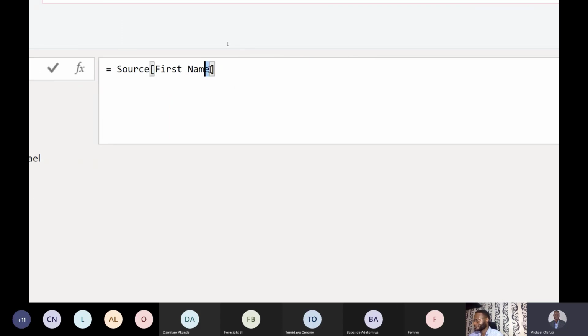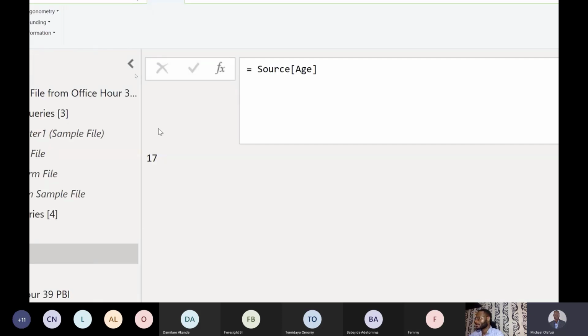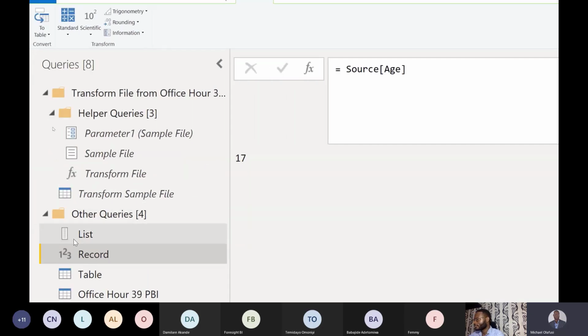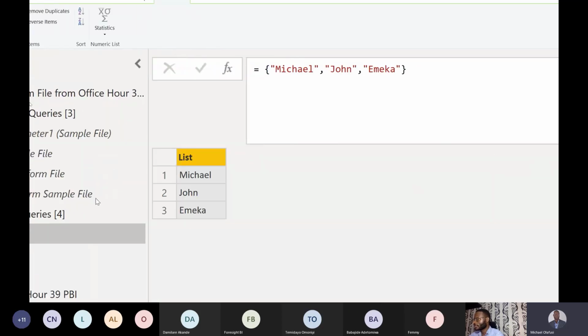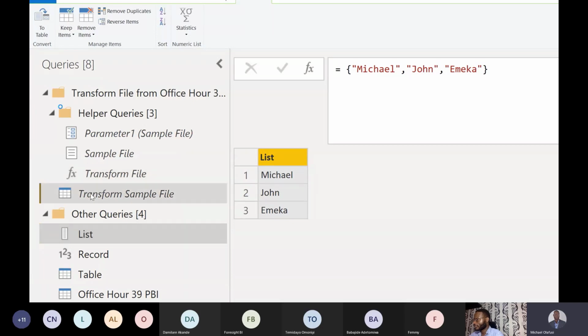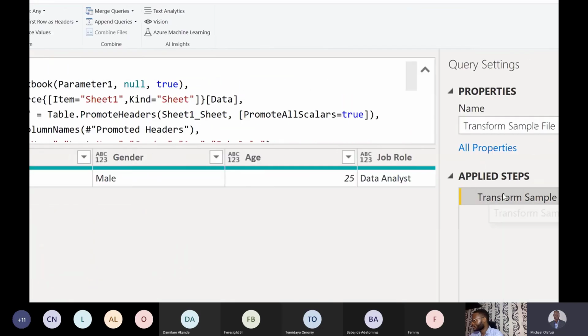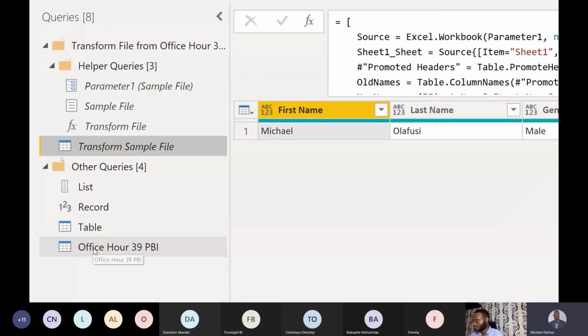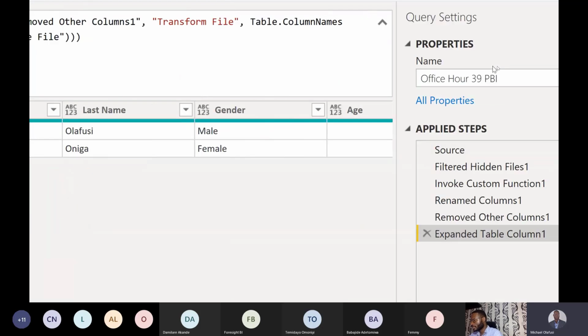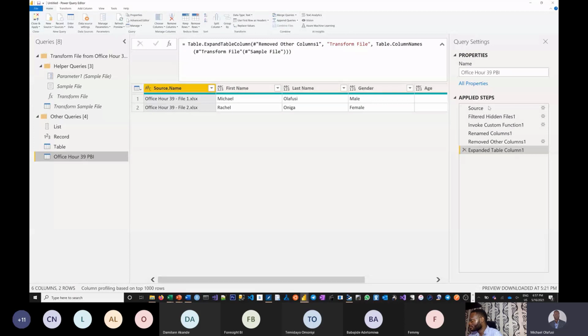So I can say I want to grab the age. Okay. But in real life, you'll be using more of lists. So you must have noticed sometimes when we say, okay, if you don't want your, in this transform table now, just because I have, let me use this one here. You know, that thing we used to say, what if you are not so sure that